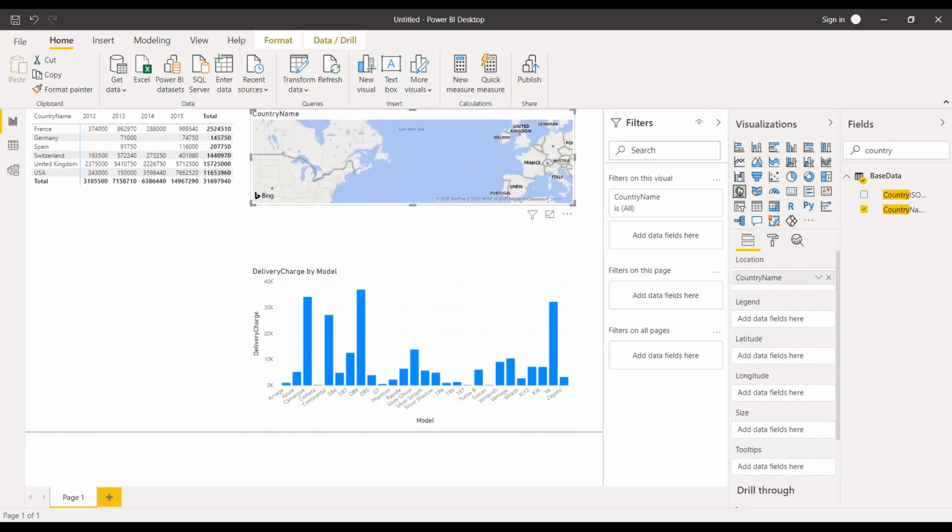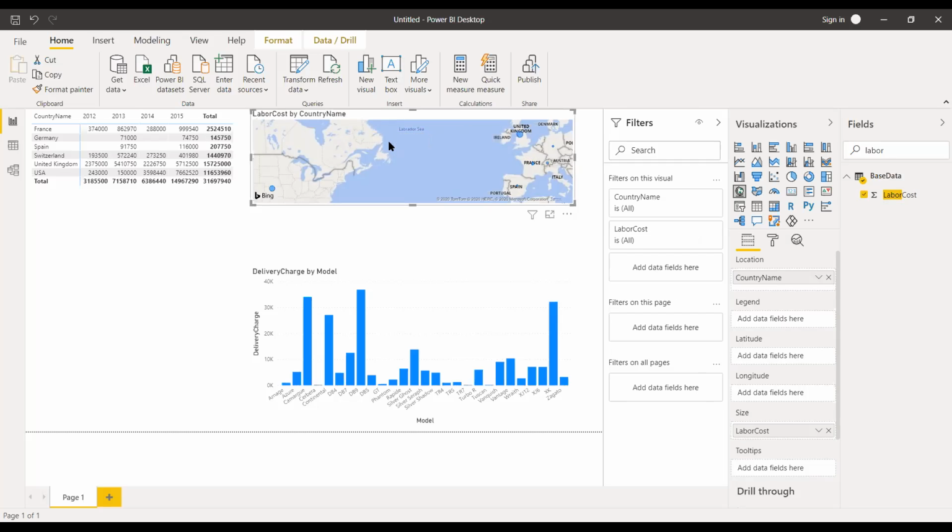Now in this map, I want to introduce the labor cost. So just drag the labor cost and drop it onto the map. Now, what difference will be there?